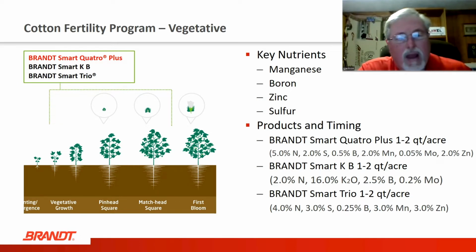dicamba, 2,4-D, some of your higher pH herbicides in the Reflex, Flexstar GT, those type of things in those categories of herbicides. Smart KB and Smart Trio are also in use. The Brandt Smart Trio would be used with glyphosate or glufosinate or Liberty herbicide at that point in stage. The KB would be compatible with either the glufosinate or the Liberty product, or the Roundup, or with the higher pH herbicides. So the key take home here is that the herbicide that you're using in your production program is essential to picking the correct foliar nutritional to put in with it that is compatible. Trio is not recommended as a good tank mix for the higher pH herbicides that are going on at